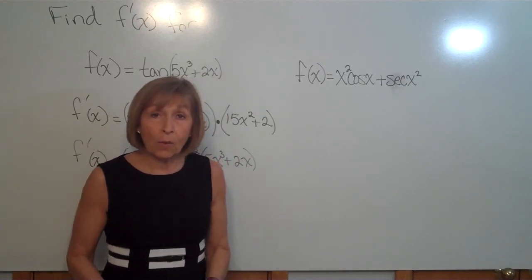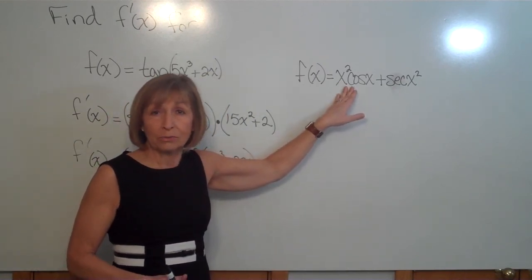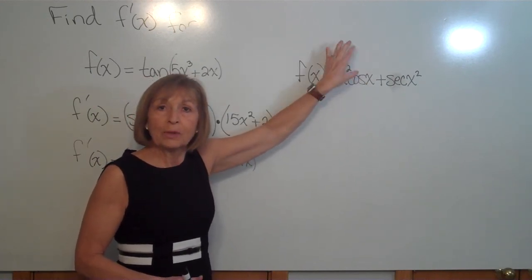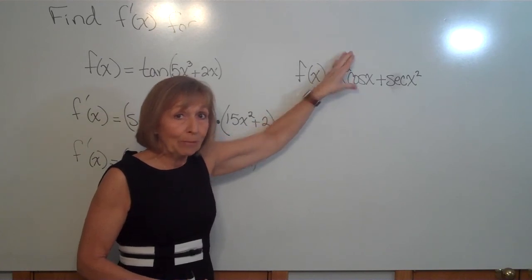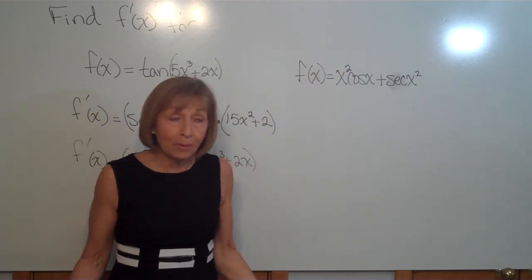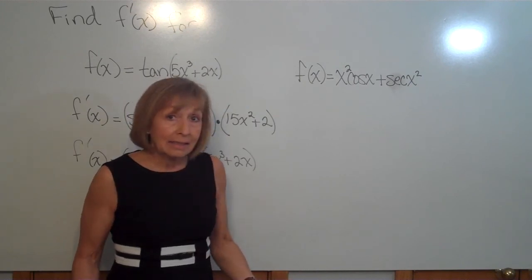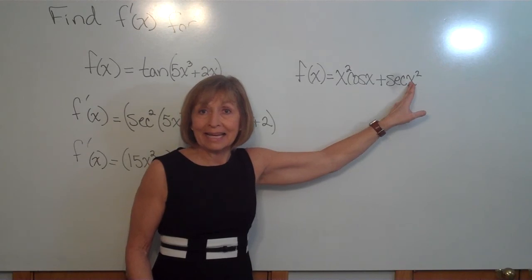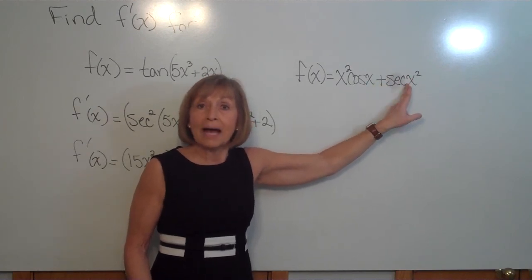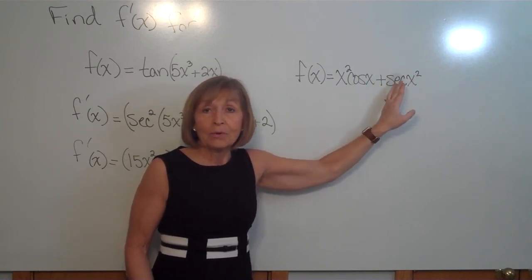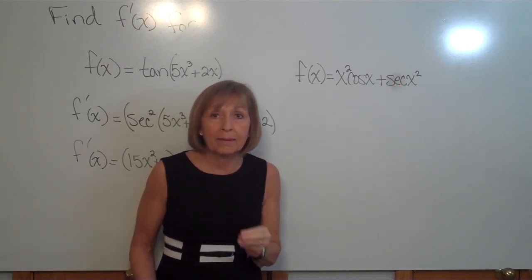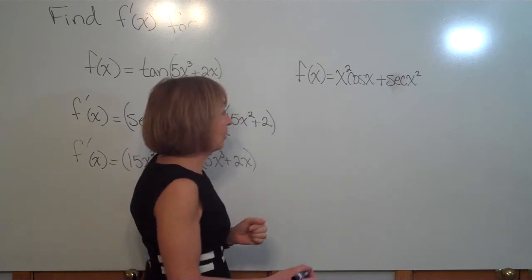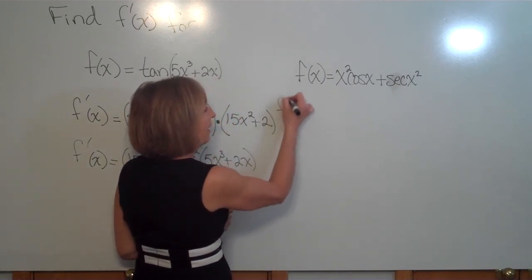However, also what's going on is I've got a product rule, a product of two variable expressions in my first term. So when I'm differentiating that first term, I'm going to need to use the product rule. In the second term, I have the secant acting on x squared. So that's a composite function in the second term. When I'm differentiating the second term, I'm going to need to use the chain rule. So let's get started. So my f prime of x,